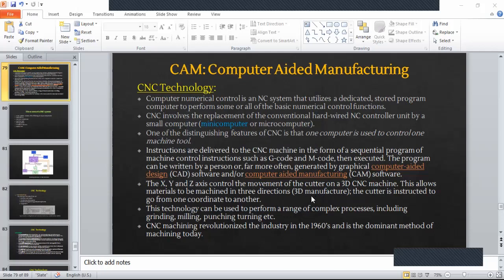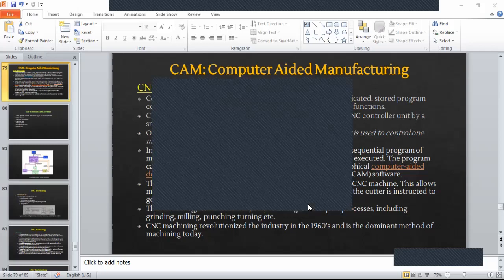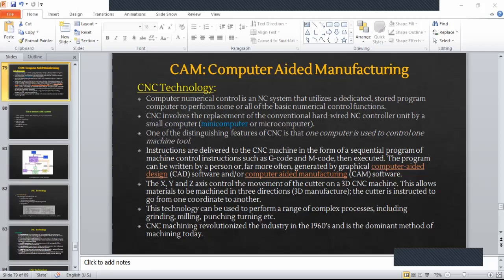Yes, there are different axes. Now you have 5-axis machines, etc. But the main reason why we did not continue with NC was that the method of input of the program was punch tapes, right?